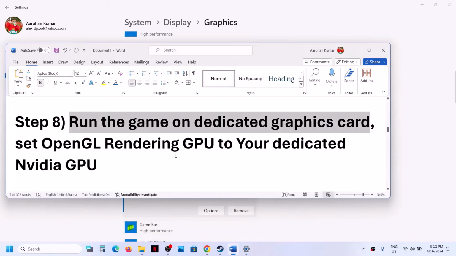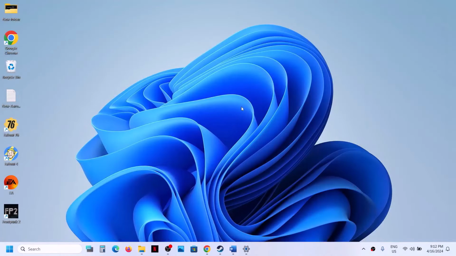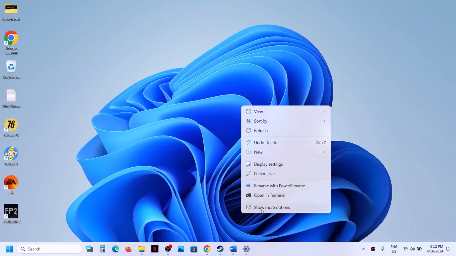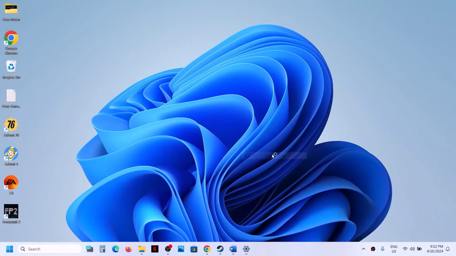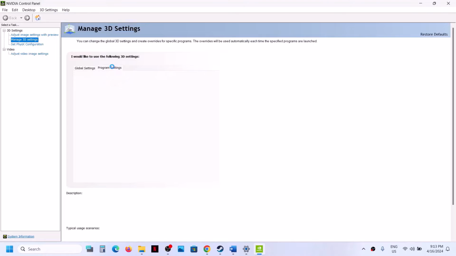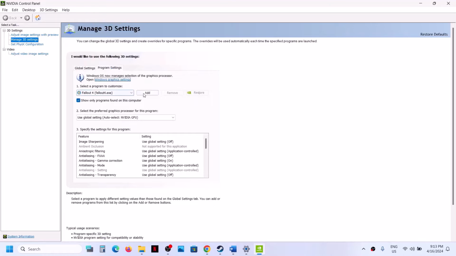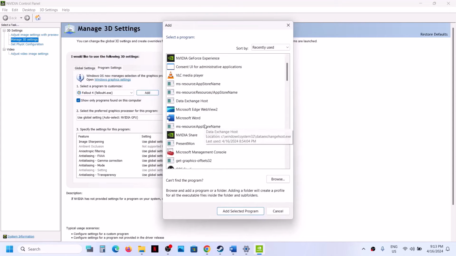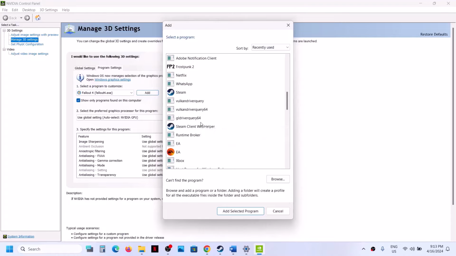Now Nvidia users, you can set the OpenGL Rendering GPU to your dedicated Nvidia GPU. Now for this, go to desktop, make a right click on the desktop, show more options, and then click on Nvidia control panel. Now once Nvidia control panel is open, now go to manage 3D settings. Now go to program settings. Now over here click on add and then select the game from the list. So if you see the game over here, Frostpunk 2, you can select the game and then click on